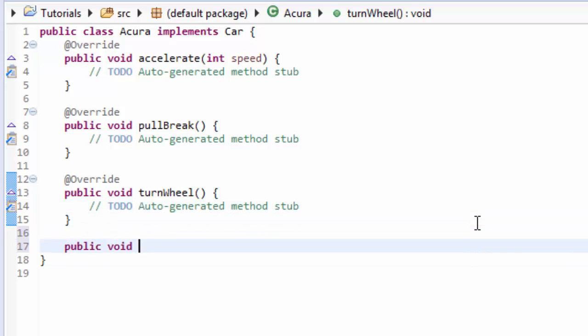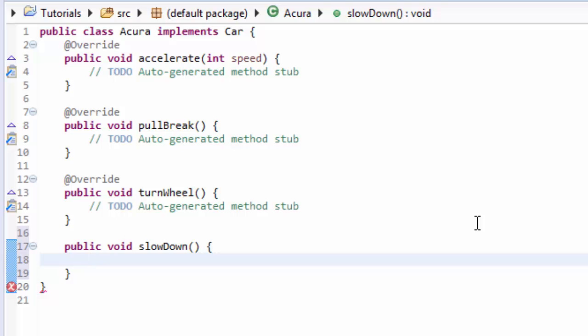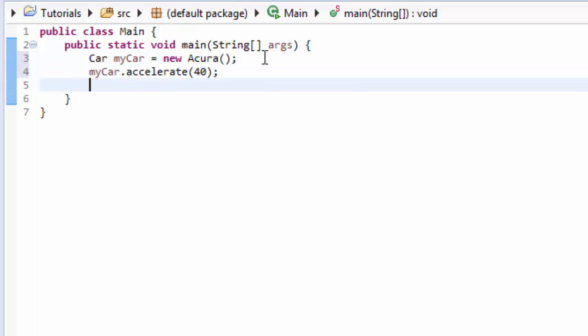Public void, oh, I don't know. What do cars do? Sure, just slow down. This is just an example method. Of course, we already have accelerate, but whatever. So let's say I created a new method called slow down. If I go to my main method and I type my car dot slow down,